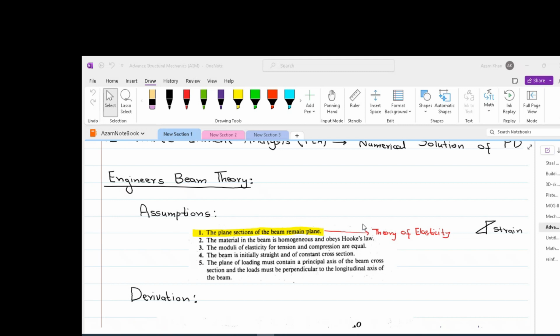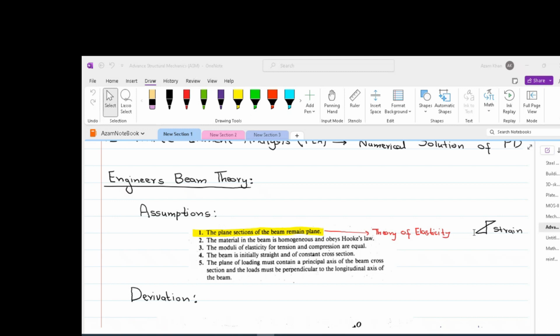In all these, the most basic assumption is assumption number one, which is plane sections remain plane. This is the backbone of reinforced concrete theory of beams and steel design of beams. This assumption says that a beam cross section, which is a plane, will remain straight after bending. We will see that using this assumption, the calculations become very simple and we get a very simplified form of